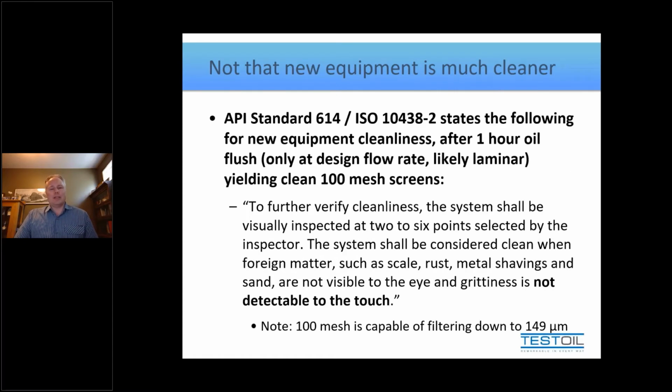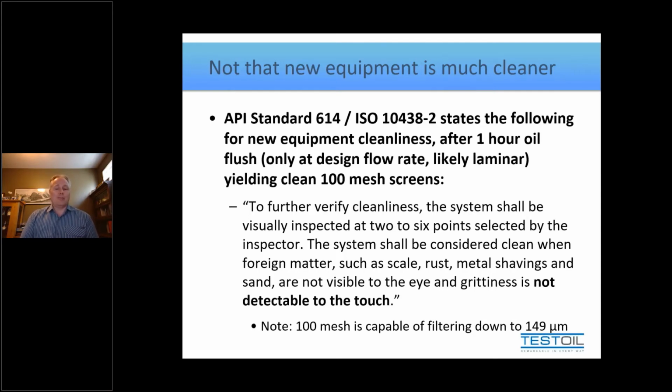API 614 is a standard that's used in industry for people who are installing or commissioning or recommissioning a piece of equipment. During this procedure, it suggests that as the machine is near ready for operation, one of the last things you do prior to filling it with the lubricant is to perform a flush. Now, this is a good piece of advice, and I certainly wouldn't say anything negative about the standard at this point. However, as it describes the flush, I lose confidence in this standard quite quickly.